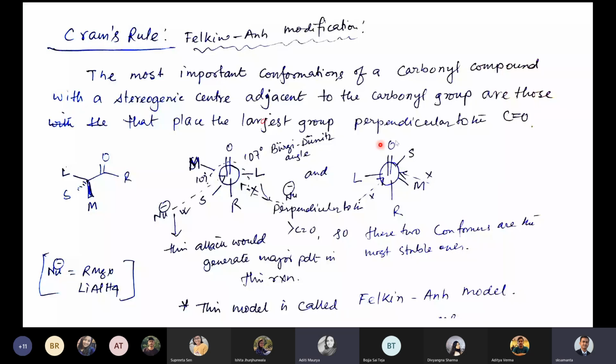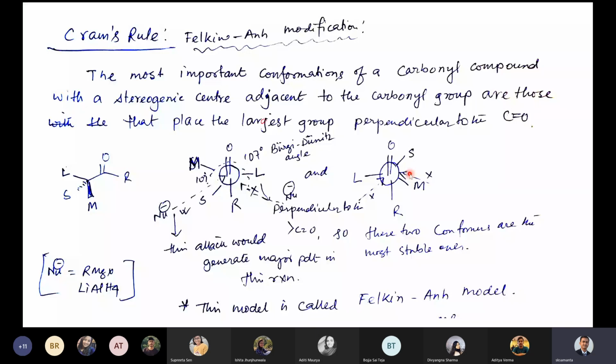Got it? So why will the nucleophile not attack from the smaller group side in the second molecule? That is what I said is the Burgi-Dunitz trajectory. If you see this model in 3 dimensions, then you will understand this much better. Or maybe just look at the model that is drawn in Clayden's book. It is given in a really colorful and 3D image way. You can easily understand it there.